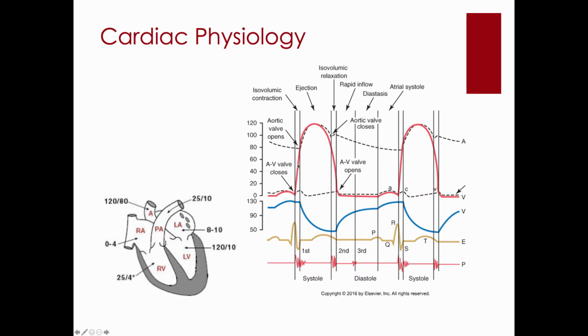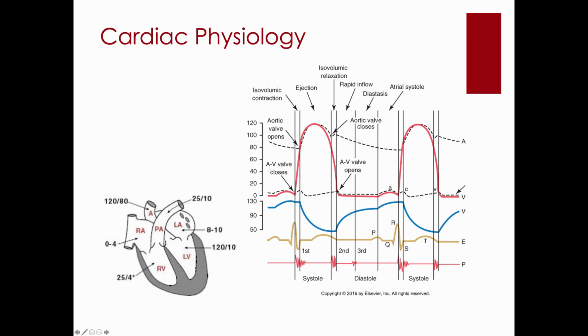As that pressure increases, eventually the pressure in the ventricle will exceed the pressure in the aorta, and that makes the aortic valve open. Okay. Now the pressure in the ventricle continues to increase, and it forces blood out of the ventricle into the aorta until such time as the aortic valve closes. And that begins this period of isovolumic relaxation, where the pressure in the aorta is higher than the pressure in the ventricle until